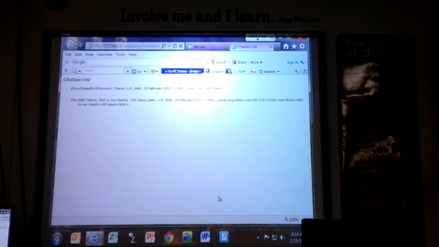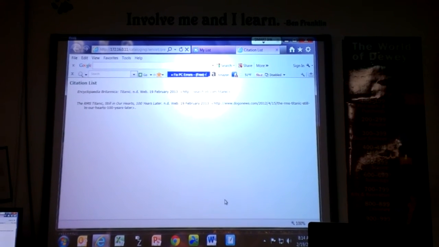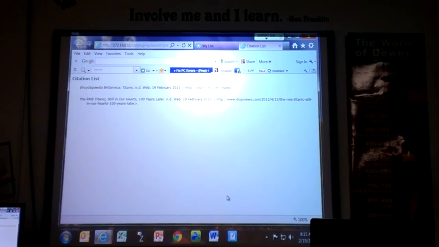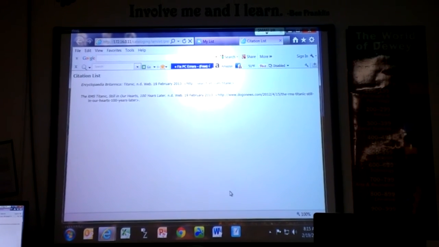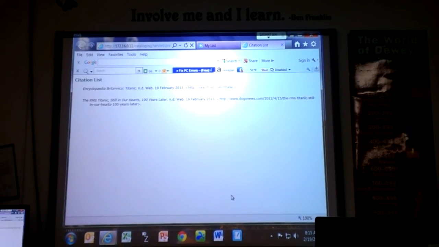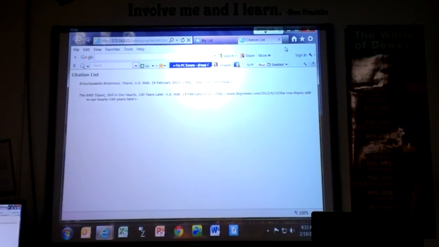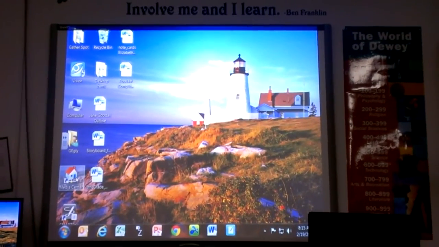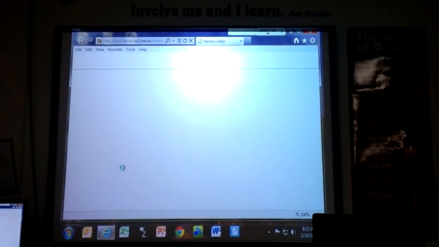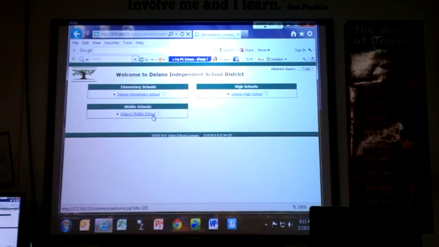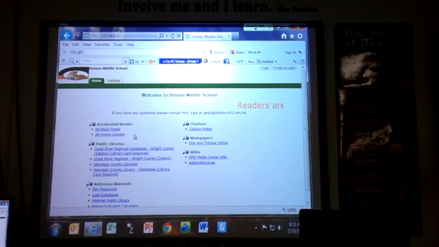That's using WebPath Express. Let's assume that your topic is not found in WebPath Express. So the next thing most of you would do is go to Google. I like Google, but I don't like Google for research. Try to steer clear of that. So we're going to close out of this, and we're going to go back. Remember, oh, I'm sorry, I closed out all the way. We're going to go back to the Media Center, back to Destiny Catalog. At this point, I said earlier in the presentation,